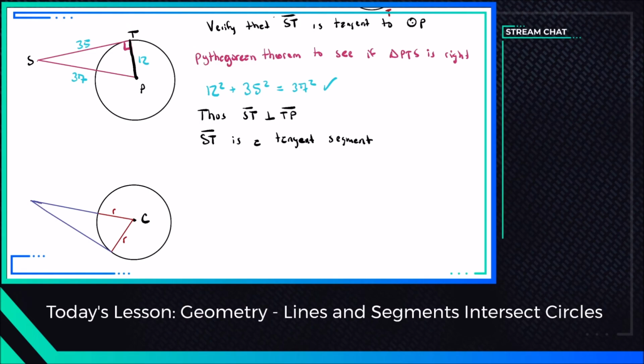Okay, so we have this triangle here, and this triangle is going to be ABC, and the C point is the center of a circle. We're also given some lengths here. So this blue segment is length 50. This blue segment on the bottom is length 80, and those are both in feet. But we don't know the radius of the circle, and our goal is to find the radius of this circle. And we are given that AB is tangent to